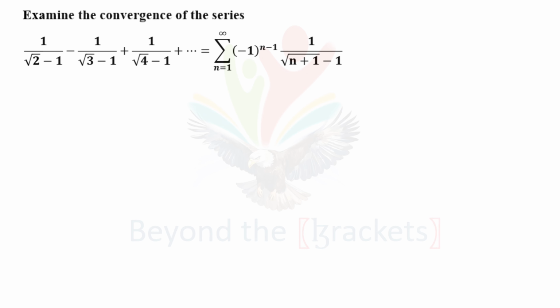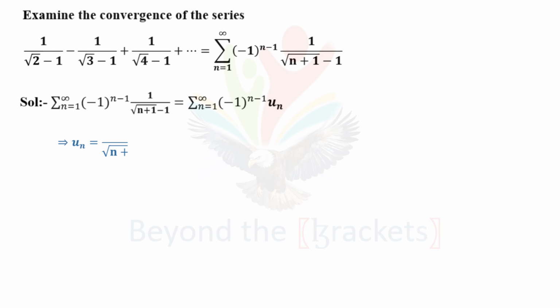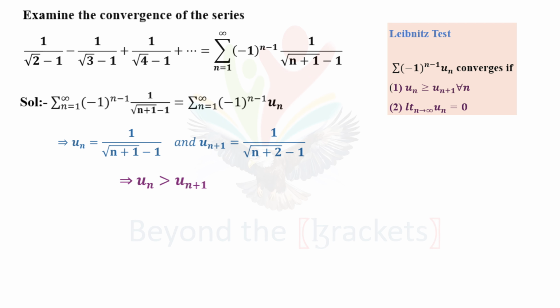Here the question says examine the convergence of the series whose nth term is given. So the nth term is taken as un, which will be equal to 1 by square root of n plus 1 minus 1. To find the value of un plus 1, replace n with n plus 1. We get un plus 1 is equal to 1 by square root of n plus 2 minus 1. Again, the numerators of both the terms are same, whereas the denominator of un plus 1 is greater than the denominator of un. That means the term un plus 1 will be less than un, which is the first condition